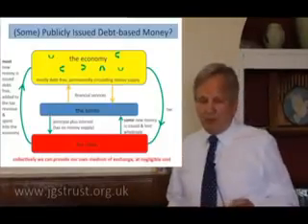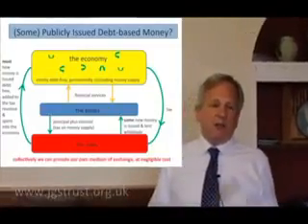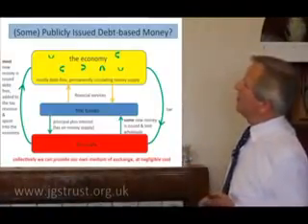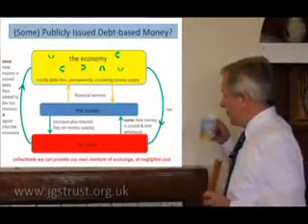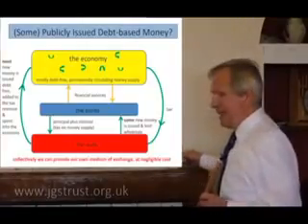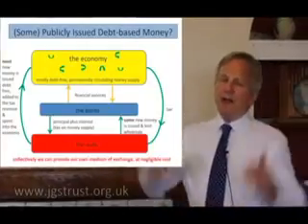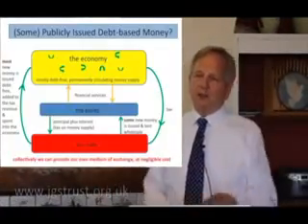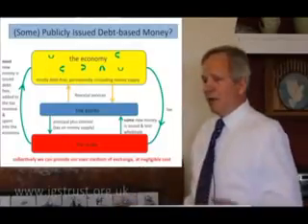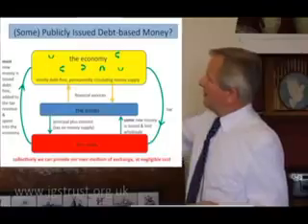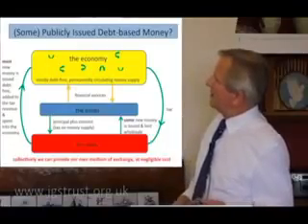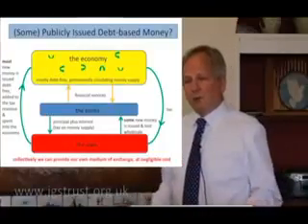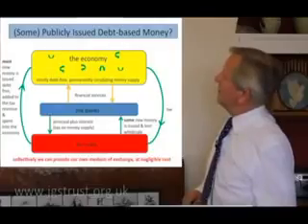Let's not knock debt-based money per se. We're just knocking commercially issued debt-based money. But there is an argument that any money system needs to be a bit flexible. It needs to expand and contract. You know, if somebody invents a new widget and suddenly lots of factories are needed to produce these new wonder widgets, well, we need a bit more money in the economy. Well, we can still do that. We collectively, through the state, can lend money into the economy as well as spend money into the economy. So it's not a problem. This is a counter-argument to